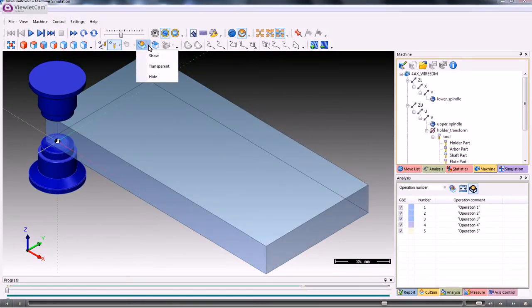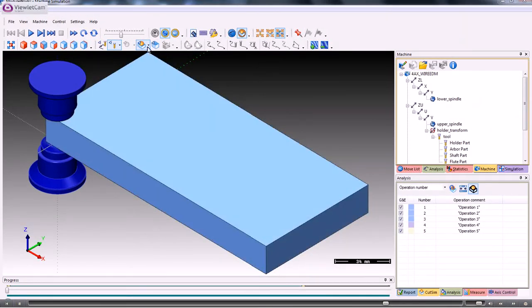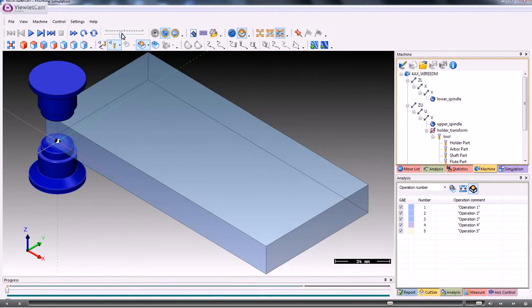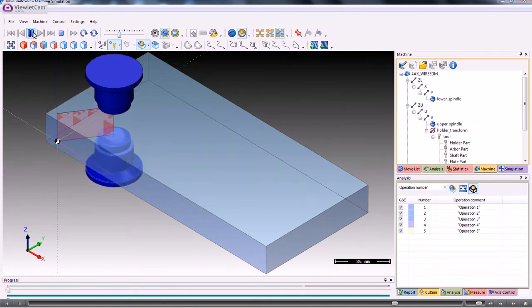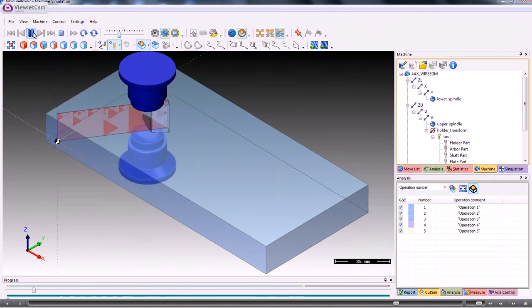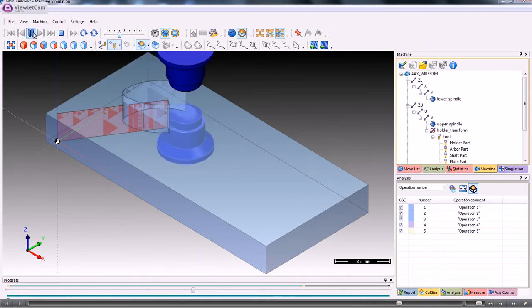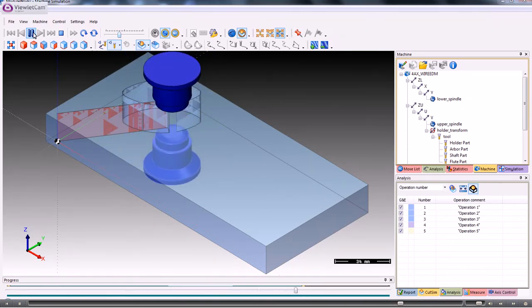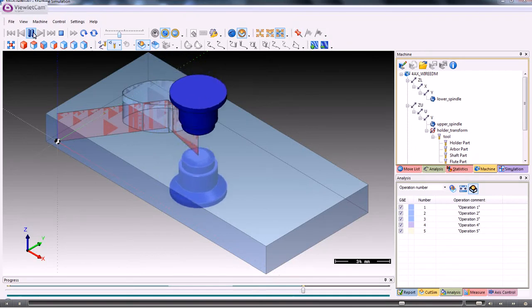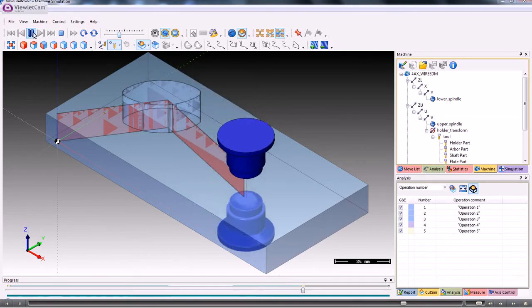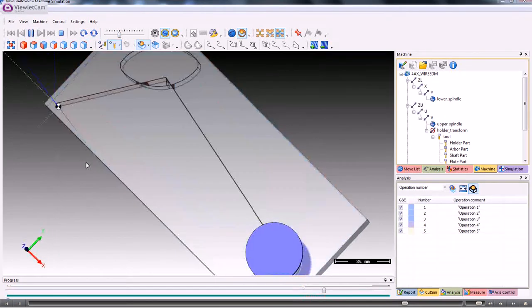Here we can show the material as solid or as transparent, and then we have simple video controls at the top with a slider for speed here. So if we just run that,